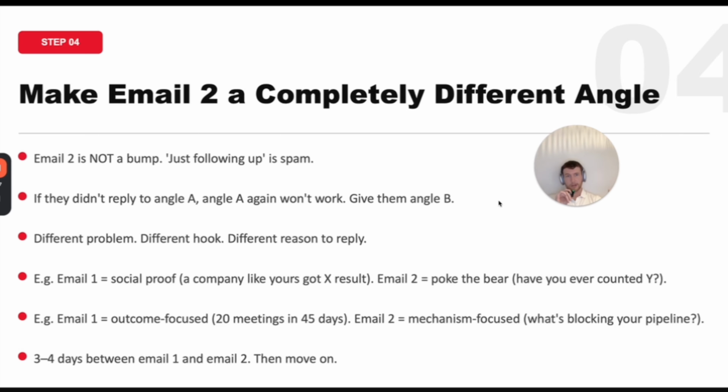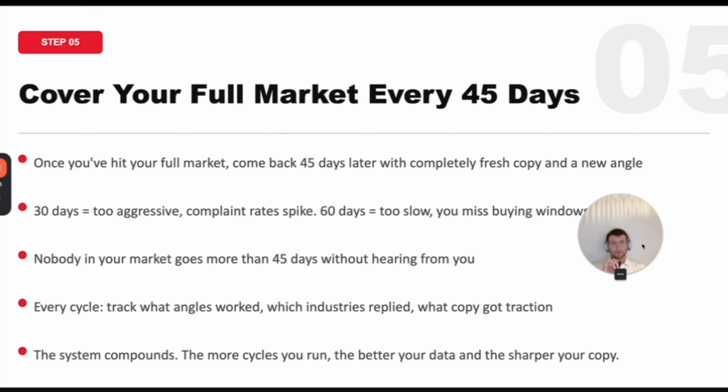If you don't want MQLs, don't optimize for it, just optimize for calls. So cover your full market in 45 days. Now, once you've hit the full market, you're going to come back to them with a fresh angle, because budget might have changed, decision maker might have changed, they might have moved jobs. Like, there's 100 different things and why now their priorities might have changed